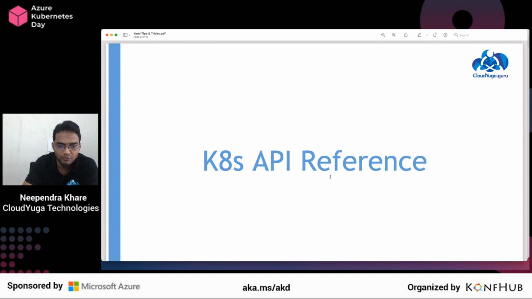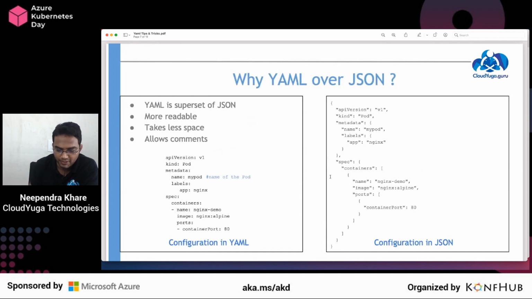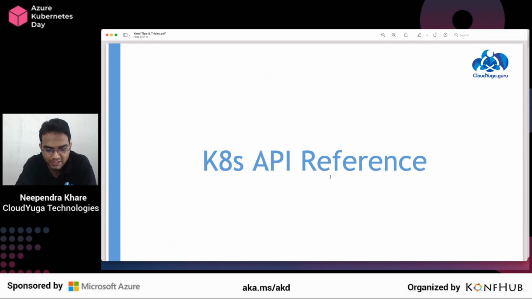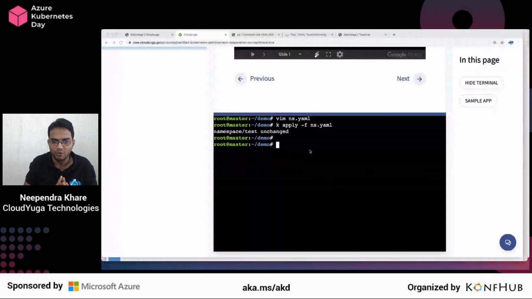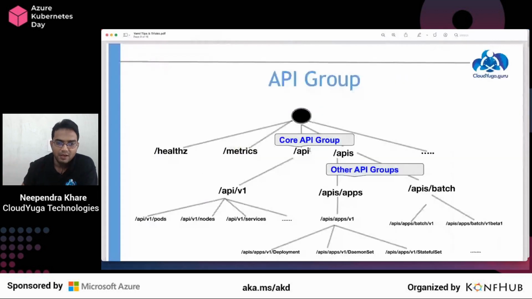Okay. Now, before we get into some of the tips, let's talk about how we create an object in Kubernetes, how we can reference it, and see its documentation, to understand how you can write a YAML file for your object. So in Kubernetes, as we know, we are going to communicate with an API server. And in the API server, we have this core API group and we have these other API groups. Under each API group, we have the version, as you can see here. So this is the core API group. So /v1 is the GA release.